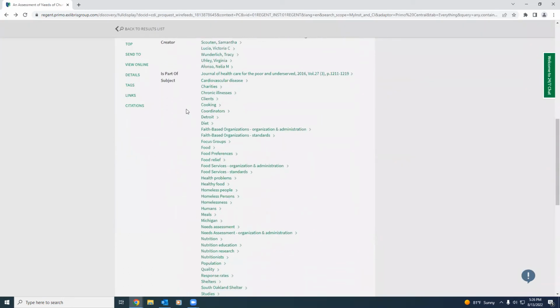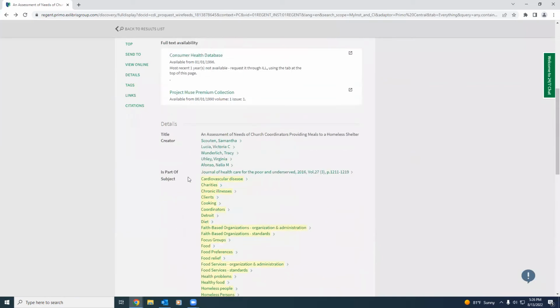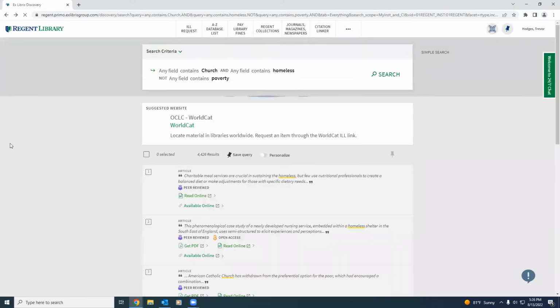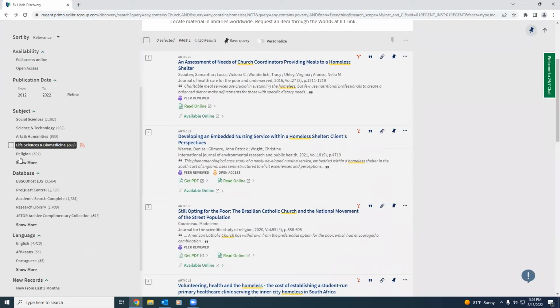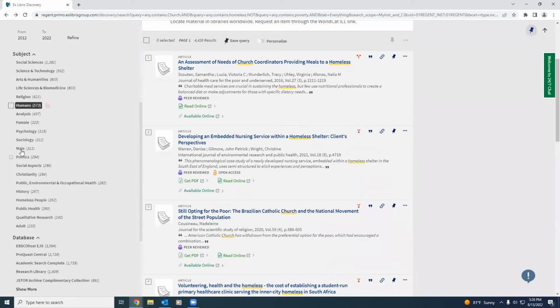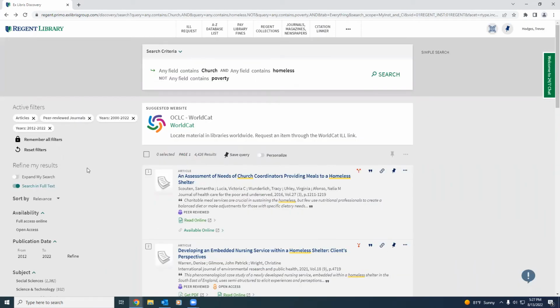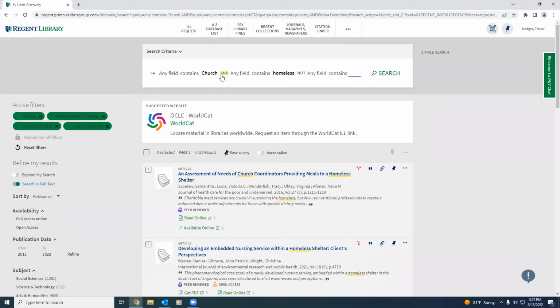And then here you have the subjects that this article falls under. And those subjects appear in our search over here to the left using filters. So if you click one of these, it'll focus in on just that subject. Now, Primo also gives you the option to lock your filters. So if you click remember all filters, you can run a different search and it won't get rid of the filters you've already selected. So if we're going to look for church and poverty,